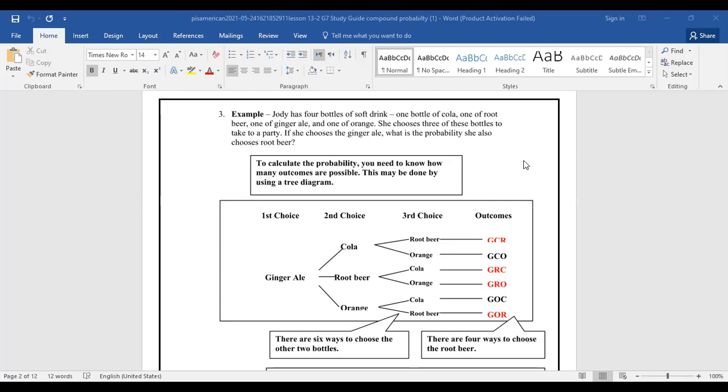Yes, 4 out of 6, because we can find it in the first, second, third, and fourth. Okay. So this was our lesson when we are talking